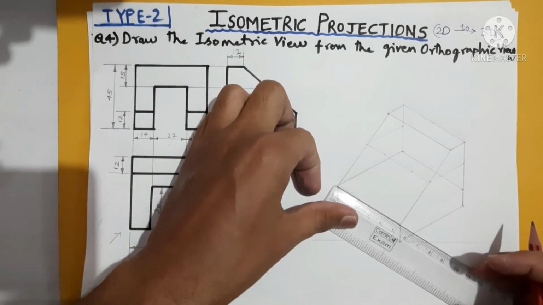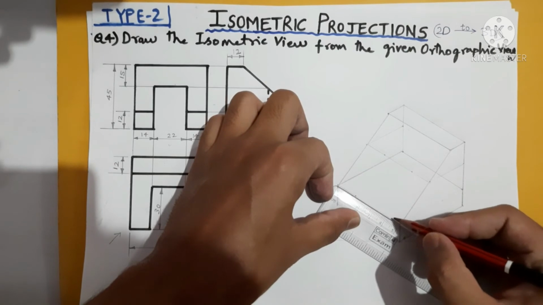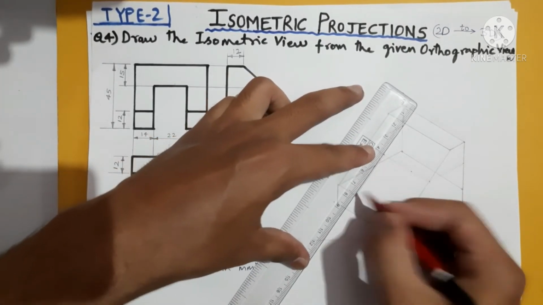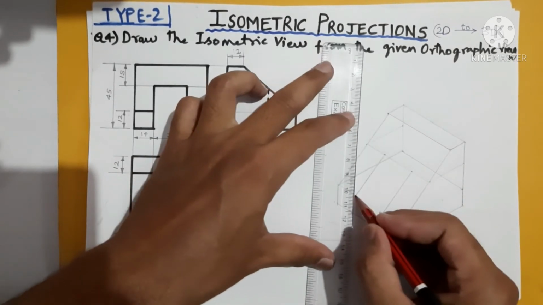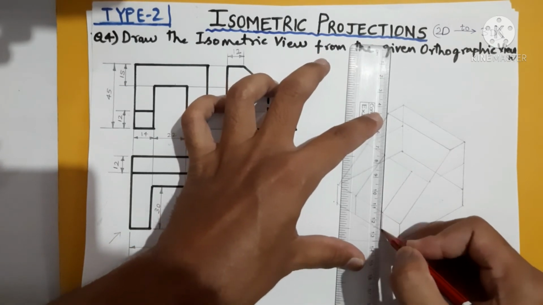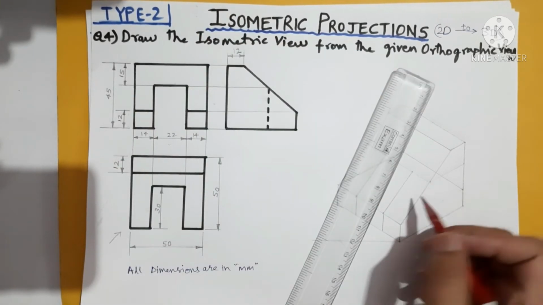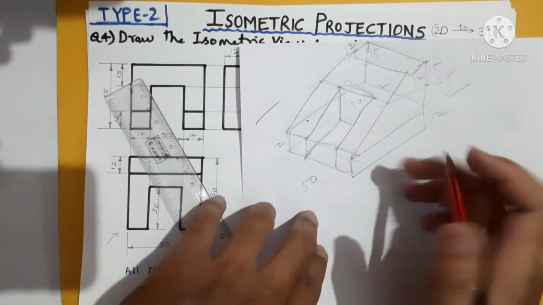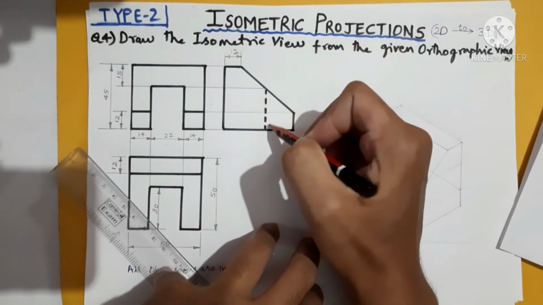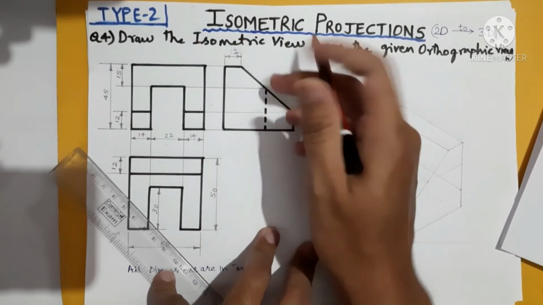Again the same thing we will do here, 14, 14, then join these two and project it vertically downward. That's all. Now we have to give that 3D effect of the hole. Like I have explained here, you should go down to a depth of 30, because this is the depth of the hole, which is 45 minus 15. If you do, you'll be getting 30 here.